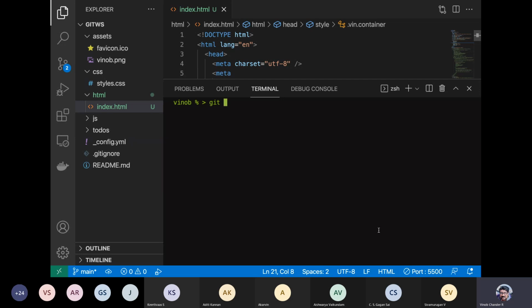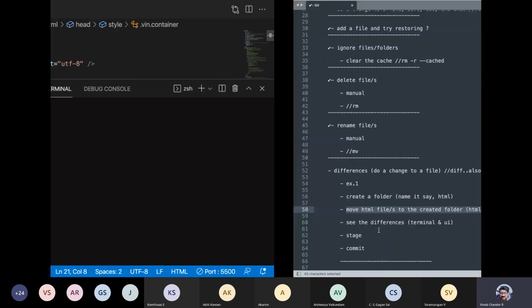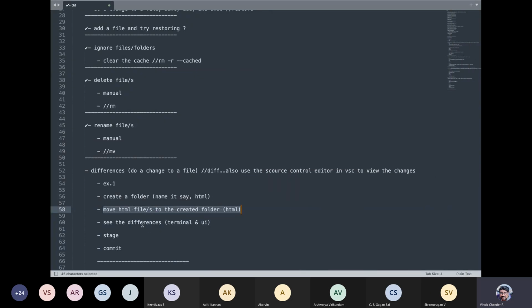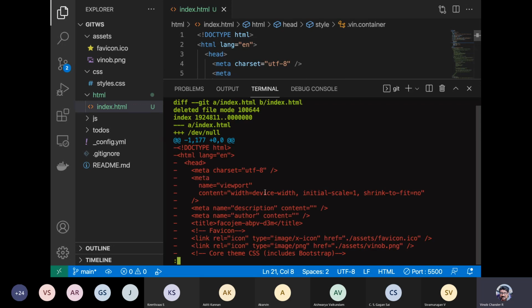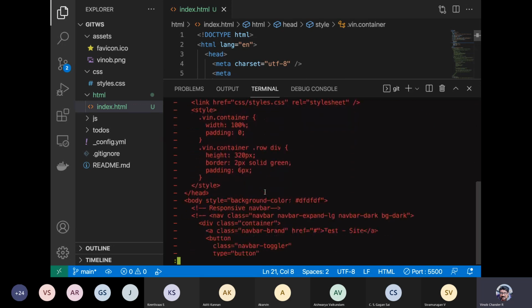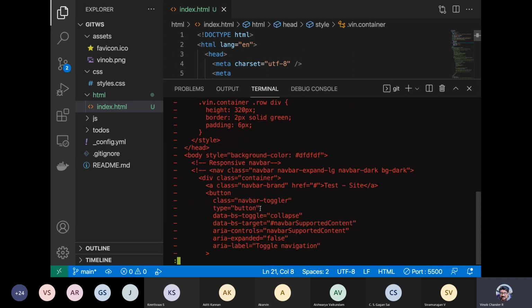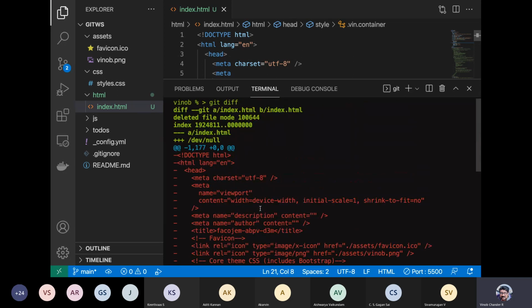So what you can do is a git add. Through the UI we have seen, right, through the terminal it is git diff, but with git diff we are not able to see the difference here. We just need to check what mistake we are making. So git diff here, let us see it again. If you are able to see the difference, we are seeing this entire file. So these are the additions, these are the deletions.